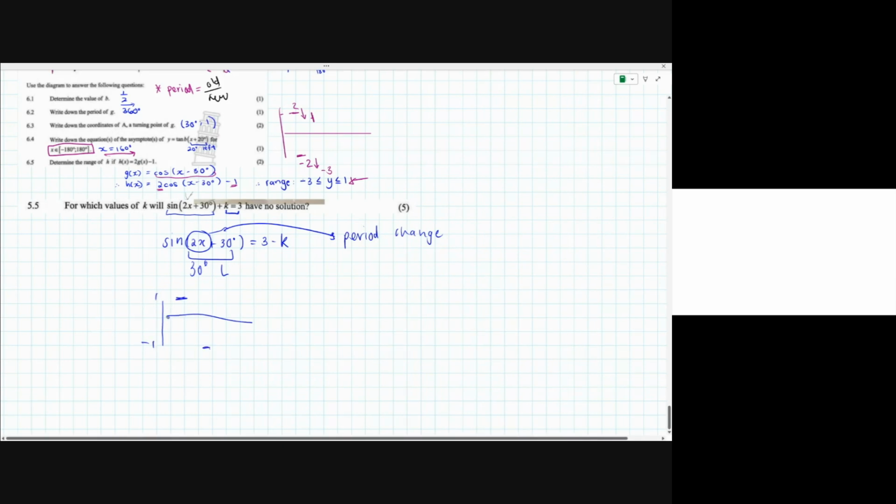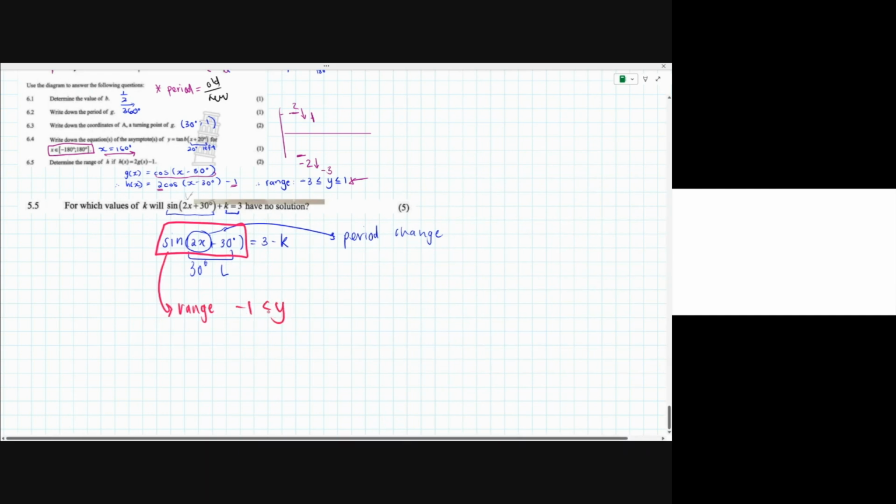So yes, the period is now much shorter. In 360 degrees, we get 2 cycles. And yes, it shifted 30 degrees left, but the amplitude has not changed. So the range of this function still remains -1 to +1. I wish I could tell you what was happening here, but hopefully it's going to sort itself out at some point. So the range of this sine function